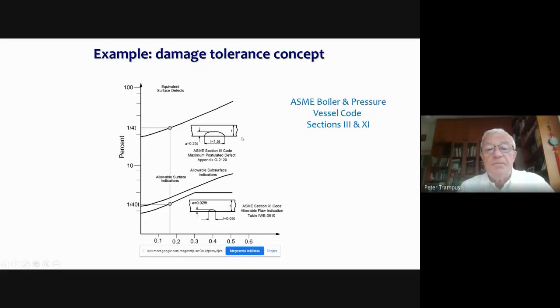And you can see that here is the form factor, here is a surface flaw, and here is the depth of this flaw, which in this case is one-fourth of the wall thickness, and there is a safety factor of 10, and this is valid for the design, and this is valid for the operation.